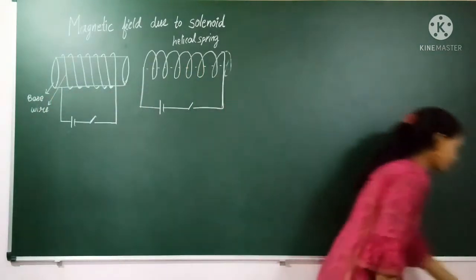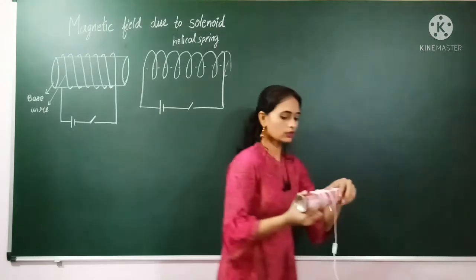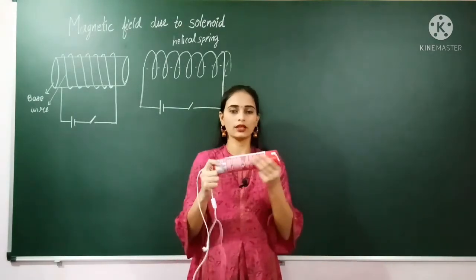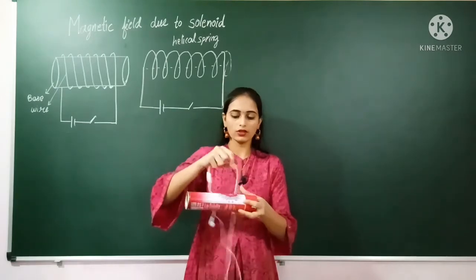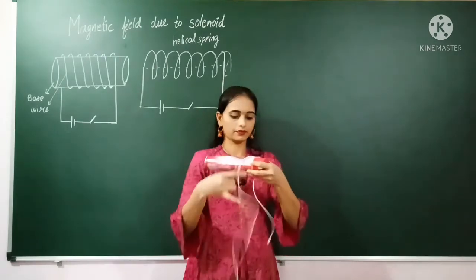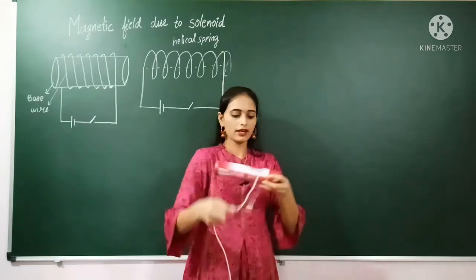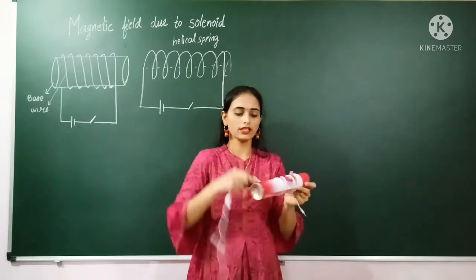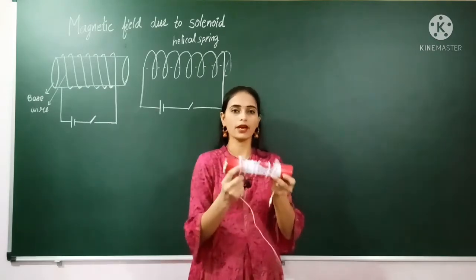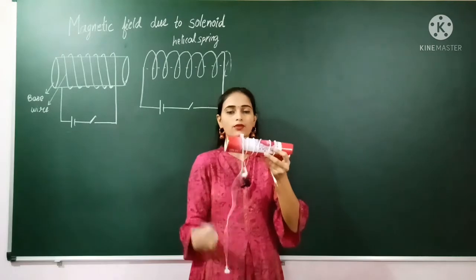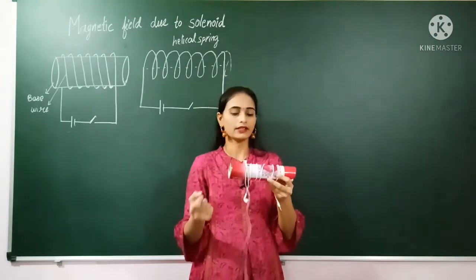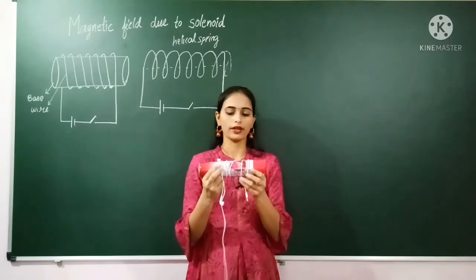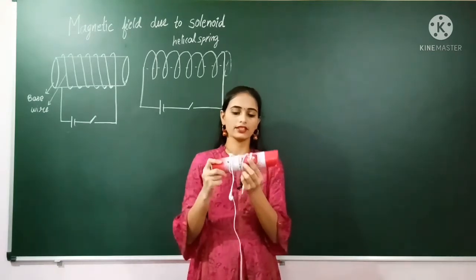I will give you one example to understand the solenoid. Consider this is a circular cylindrical pipe. On this pipe we will wind the wire, like this. This type of structure is called the solenoid. We are taking the wire and winding it like this, and the two ends of this wire are connected to the battery so that current passes in this wire. These wires are closely arranged like this.